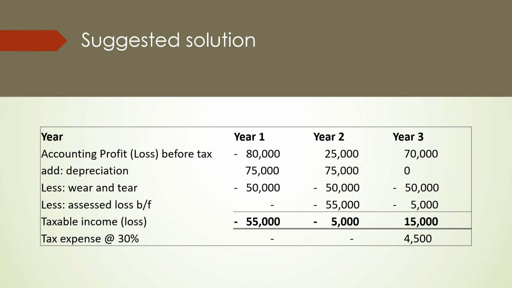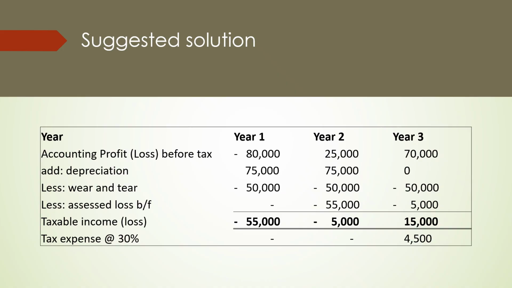Depreciation was provided over a 2-year period. Therefore, we take the cost price of 150,000 divided by 2, and that gives us depreciation of 75,000 per annum. To determine the wear and tear, we take 150,000 divided by the 3 years that the wear and tear allowance is provided on, and we get an amount of